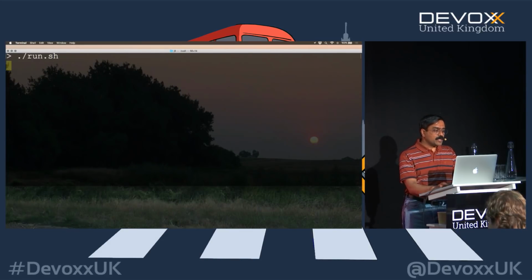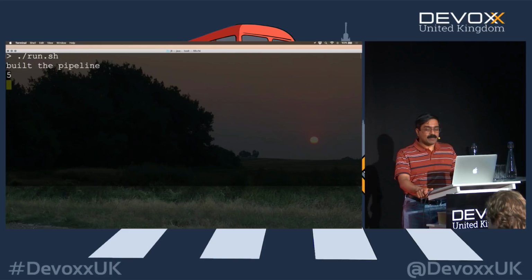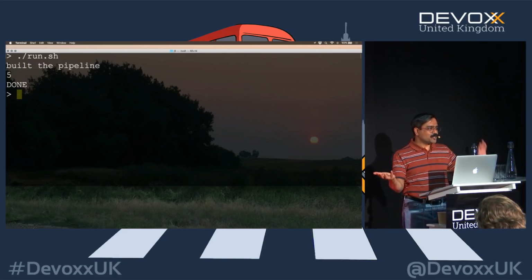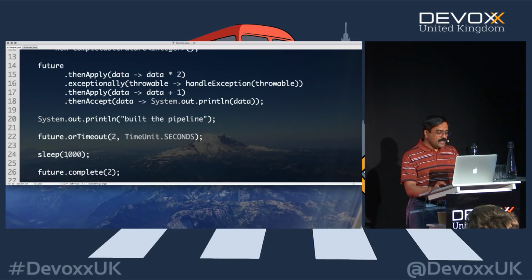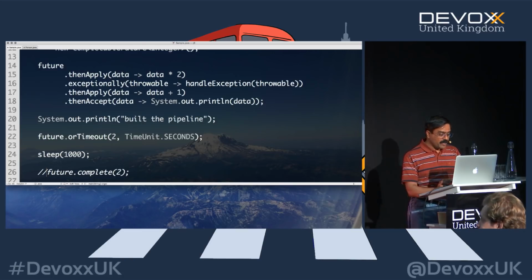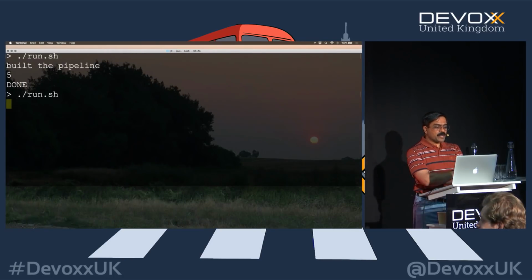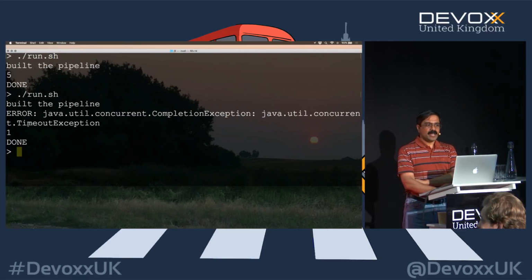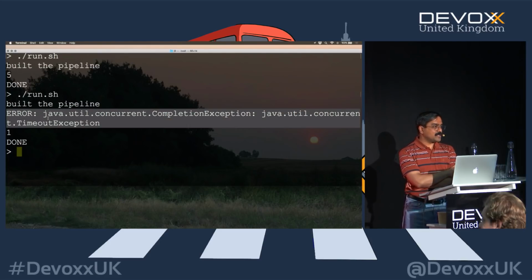Now when I go back and execute the code, a second later I'm completing it. As a result, you got a value of 5. It resolved it, so it will never reject it at that point. On the other hand, if I do not complete in that duration of time, in the 2 seconds period, then when I run this code this time, notice that it blows up and it says error, concurrent timeout exception. And then it says that I had an exception. Remember, when you had a timeout, it returns a 0. As a result, you got a 1. We recovered from that at that point. But the essential point here is we are blowing up.